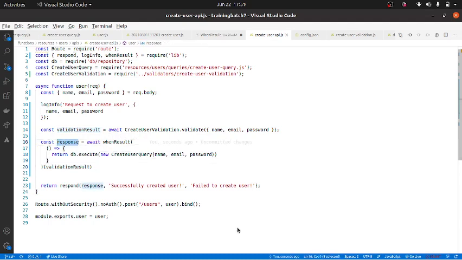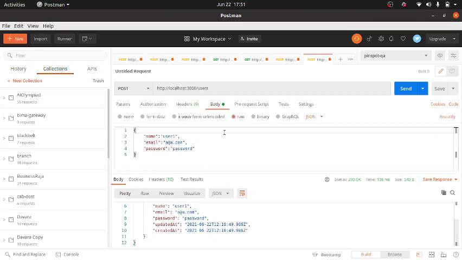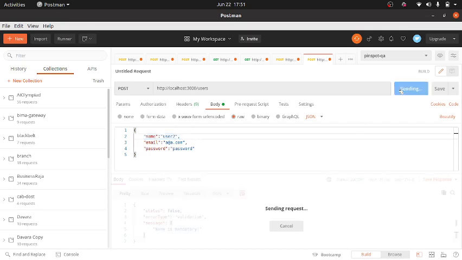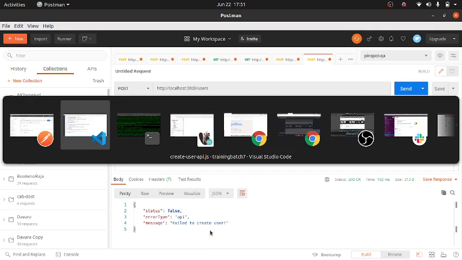So let us look at what happens right now. Let us say I didn't give name. Okay, I send. Here what did it give? It told status validation false, error type is validation, message name is mandatory, right? Now let us say I gave name user2. Failed to create user.